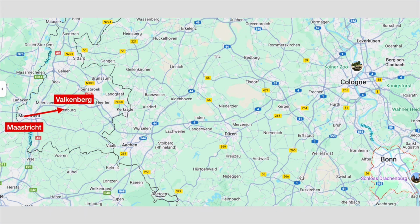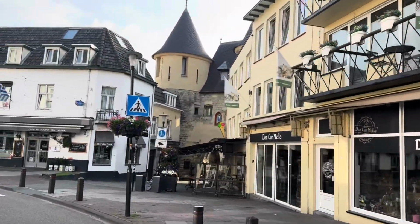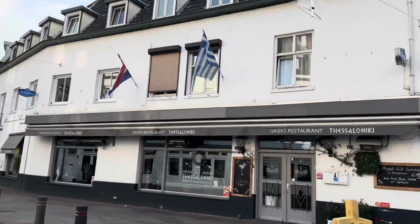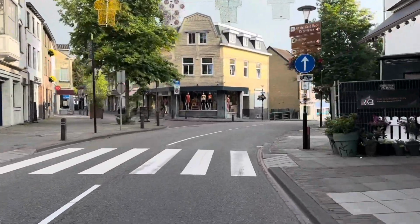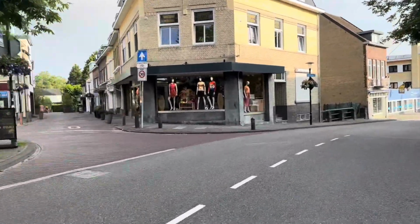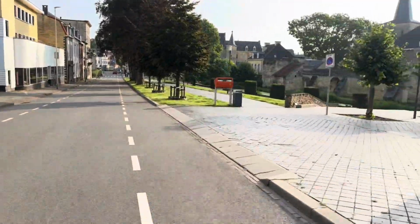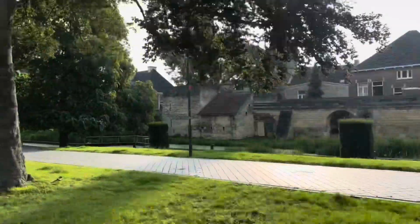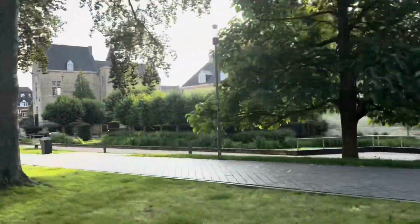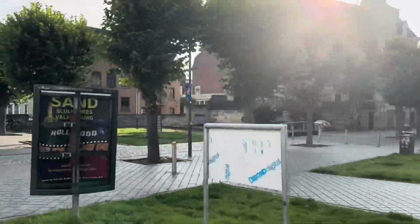Immediately east of Maastricht was the town of Valkenburg. This is a historical city which is famous for the ruins of the Valkenburg Castle, which itself was built in the 12th century. As I rode along the route, I could see that some of the ruins within the town, whether they were from the castle or just from some of the older buildings, had been repurposed for modern habitation, and it looks as though people had actually converted some of the ruins into little apartments or houses and were actually living there. It was a really beautiful scene, and I just really enjoyed riding through this part of